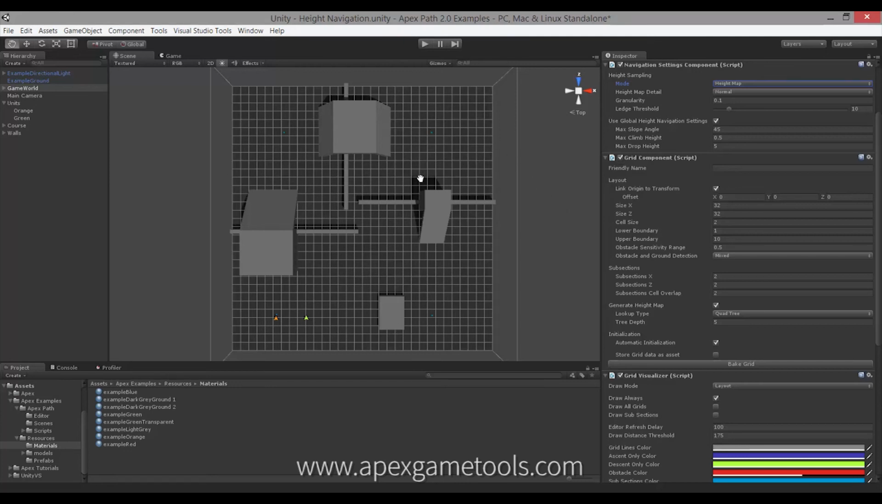I've set up a small obstacle course. As you can see, we have 2 units, and we have a patrol route around these that the unit should follow. And right now we have these global height navigation settings that allow us to scale slopes of 45 degrees, climb onto 0.5 meters of height, and drop from 5 meters. So running that,